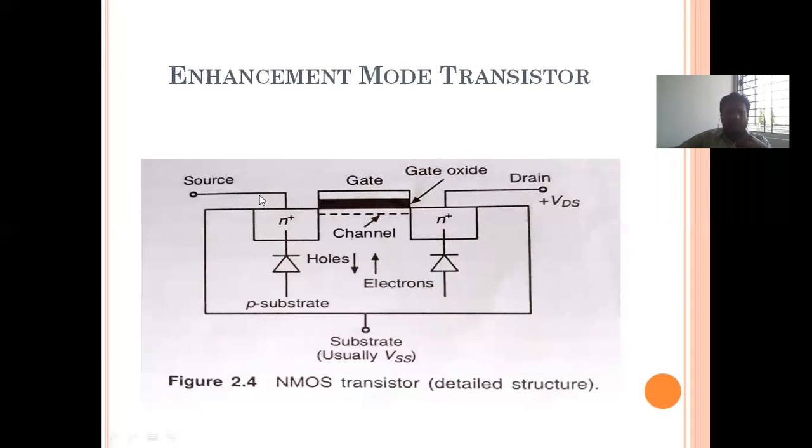And now here, the source, drain and gate terminals are connected through metals. So that's why we always say this is the MOS. How can we say MOS? This is the gate, source, and drain connected to the metals. So this is the metal. Then the gate oxide, that is the SiO2 insulator. And this is the P substrate, the semiconductor. So this is the metal oxide semiconductor. That's why we say MOS. And here, the transistor type is the enhancement mode transistor.